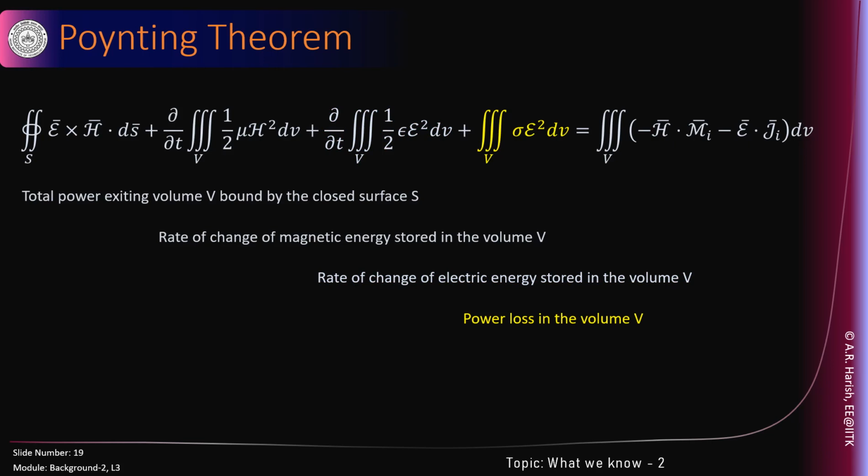All this talks about how power is going away in a particular way, and this should be equal to the power that is supplied by the sources, power balance. That is conservation of power. This is a very useful result, very interesting result. This is a very powerful result as well. With this, we are able to calculate the energy associated with the electromagnetic field, the power associated with the electromagnetic field, if there are sources, how the source will supply power to the system, and if there is conductivity or if there is loss, we can also estimate how the power is lost in the environment.